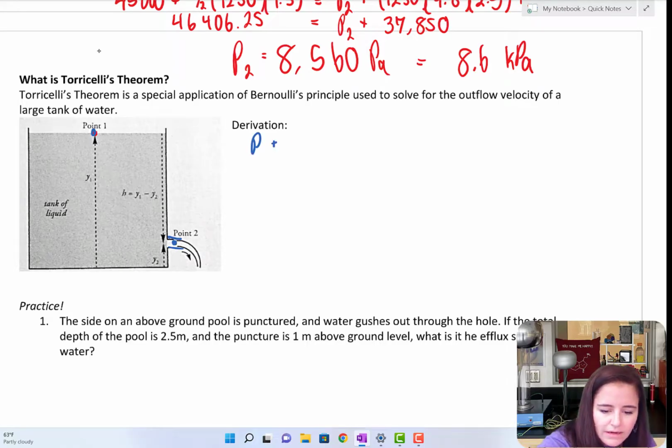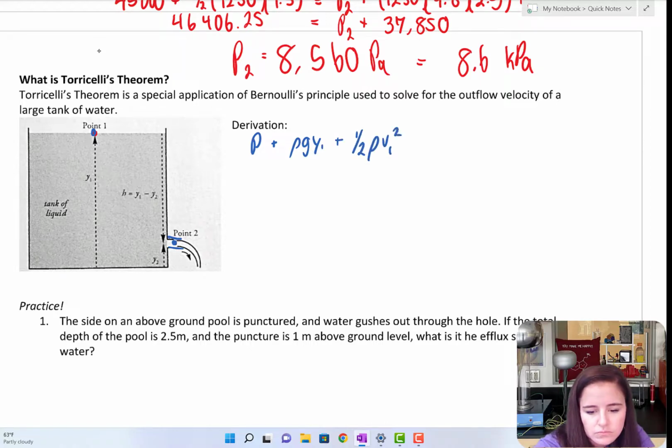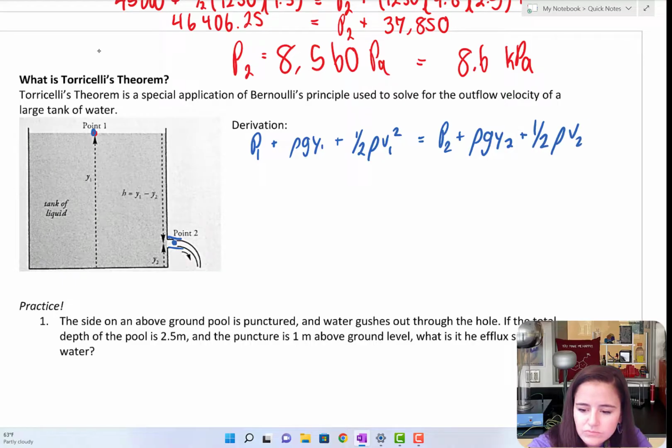So when we use Bernoulli's principle with this one, point 2, we can set our initial height as wherever we want. So normally we set point 2 at,